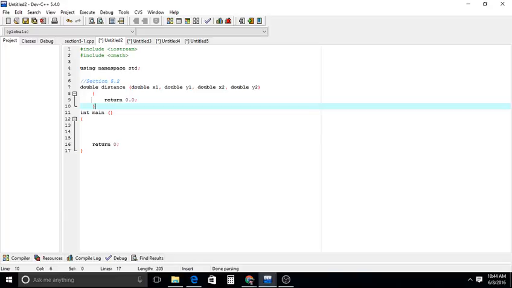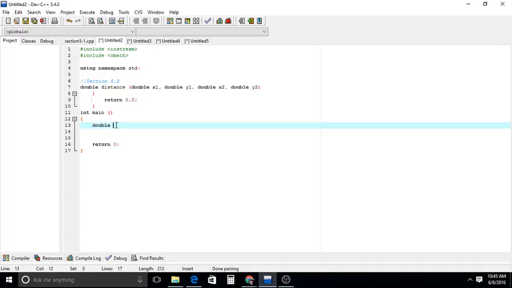And we'll actually call this inside our main function. So here is actually where we do something. So now, as you see in our previous statement, we can actually call our distance,